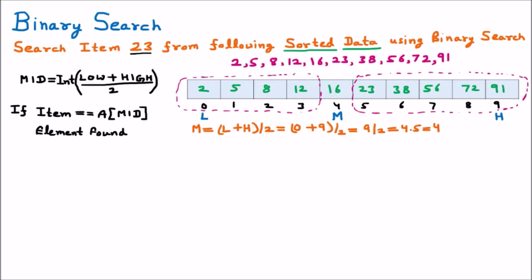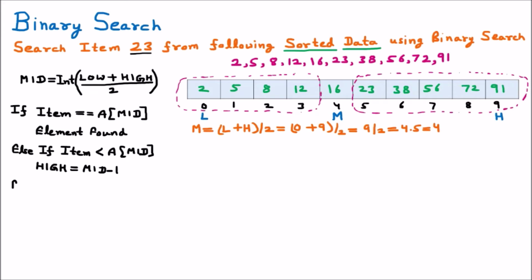But let us suppose that the element is not found. In that case it will go to the other part. So here we have the else if part. The else if part says that if the item that we want to search is less than A[middle], meaning the array's middle element, then in that case we are going to shift the middle. We are going to put the high, and high will be equal to middle minus 1. So here high is going to shift, it is going to be middle minus 1.